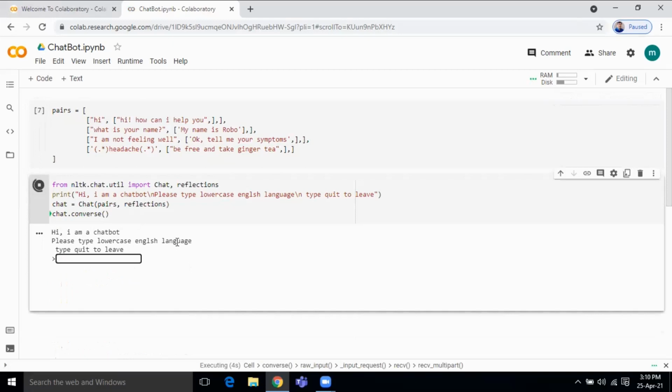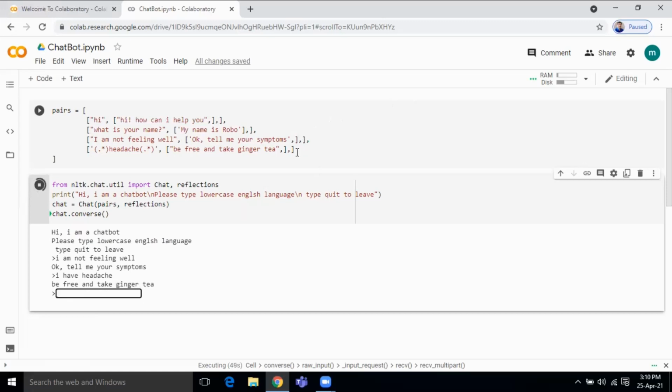So I will type I am not feeling well. Okay, if your data is like this, then it responds to you like this. Okay, tell me your symptoms. So for example, if you say that I have headache, okay, so see here, it gave a response: be free and take ginger tea.